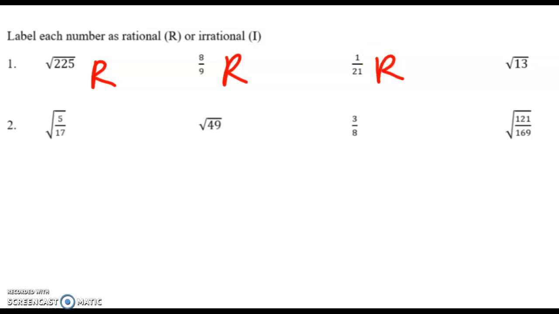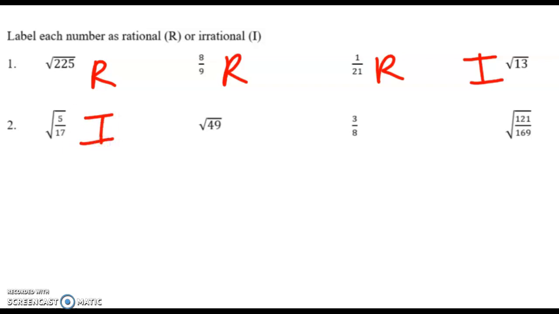And the square root of 13, ooh, I don't know that one. So I'm going to say that's going to be an irrational number because if you put it into your calculator, it's going to end, but it really goes on and on and on. It doesn't end. So the square root of 5 over 17. Now remember, we can split that up into the square root of 5 over the square root of 17, but I don't know either of those as square roots off the top of my head,